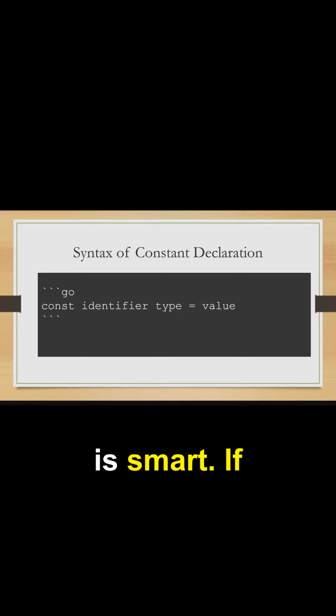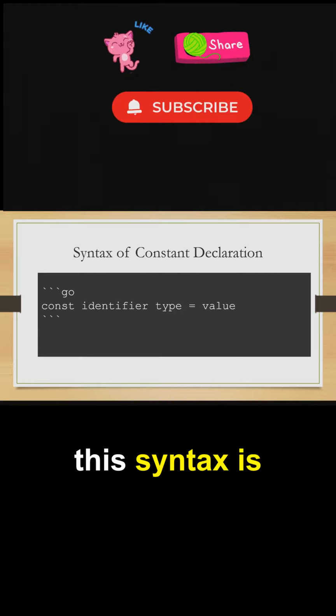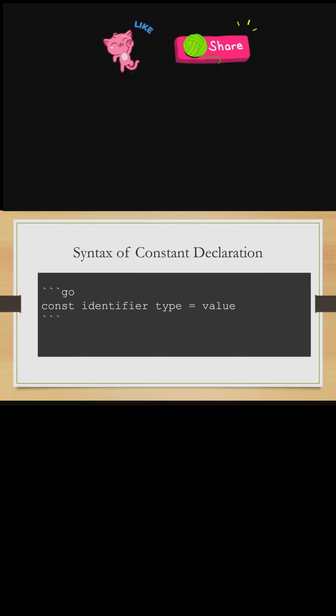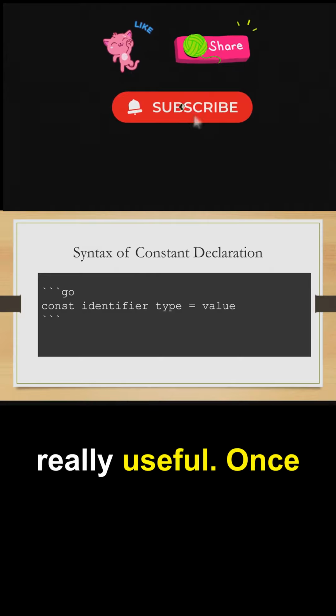Go is smart. If you skip the type, it can actually figure it out from the value. But for beginners, I recommend including the type in the beginning. It makes your code clearer and helps avoid confusion. So in real world coding, this syntax is super helpful when you want to define rules that don't change. So yeah, simple, clean, and really useful once you get